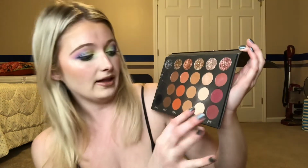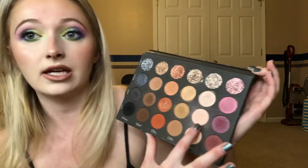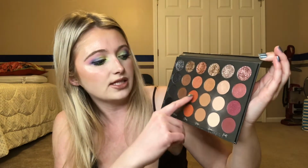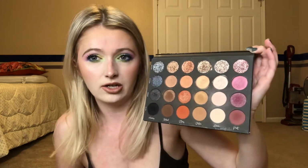I will say, my favorite shade in the whole palette is this Aura Sequin, because it's so beautiful. It's like reflective glitter on a matte shadow, and I like to use it to brighten up my inner corner because I get dark circles around here, and it's also really beautiful on the brow bone. But you can use these others with the sequin as kind of a matte shadow or an outer corner type shade, because they function as a matte and you can sort of see the glitter. But honestly, if we're being on the real,